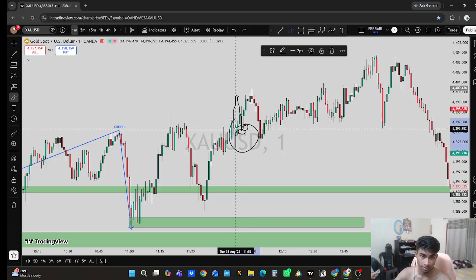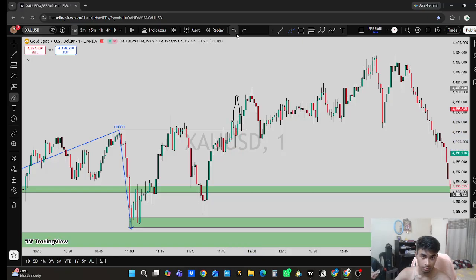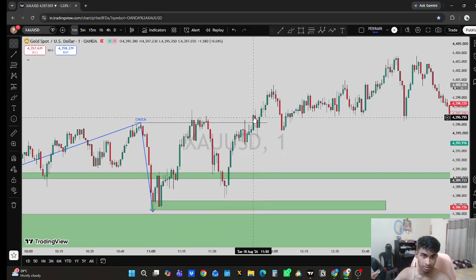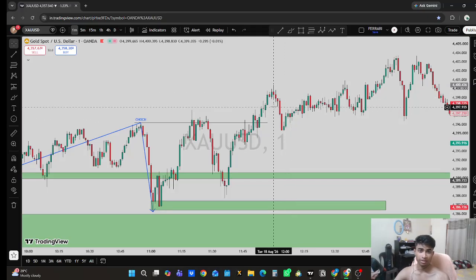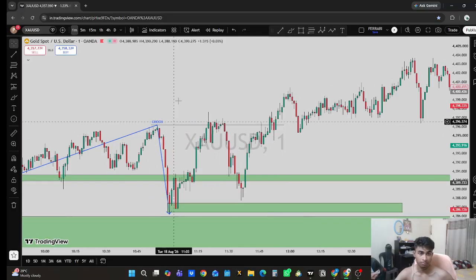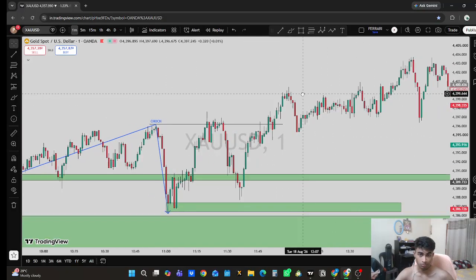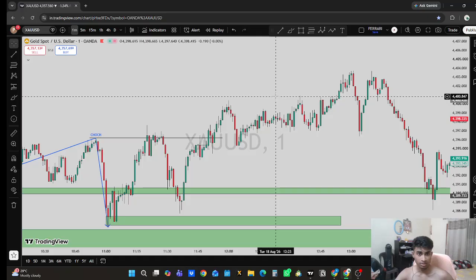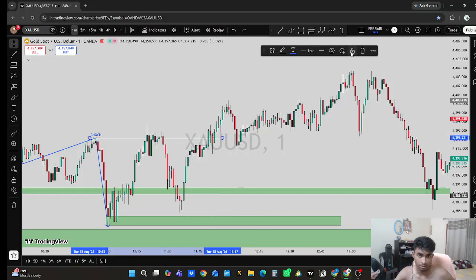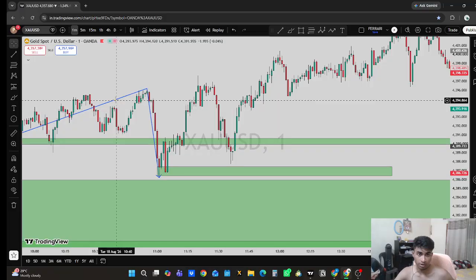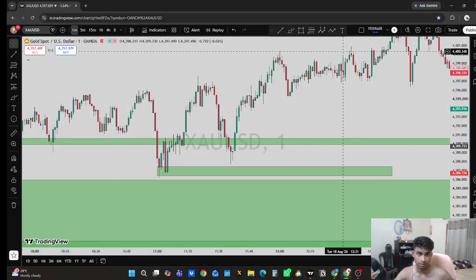But as you can see right here, price just barely gave a change of character, and then it rejected, tested my level and gave the momentum. Not big, but it made sense to take trades based on this sideways zone. So this is not tradable, okay? Even though it gave 1:1, I still won't trade this. So let me delete this change of character level as well for now, even this 1 to 3 in the market.